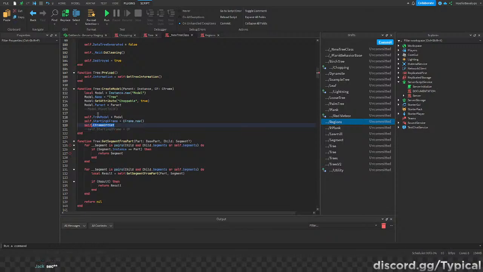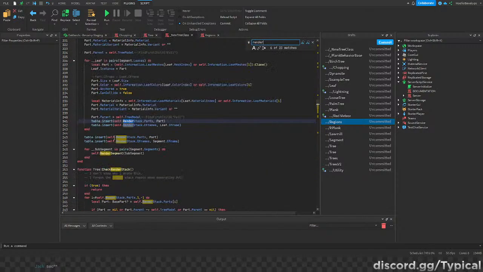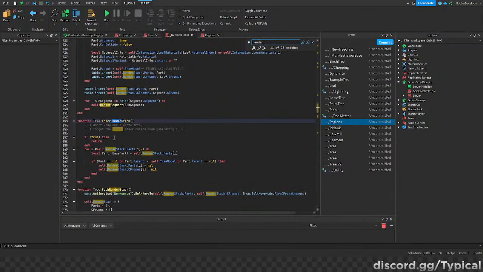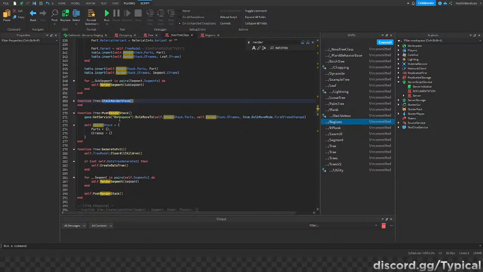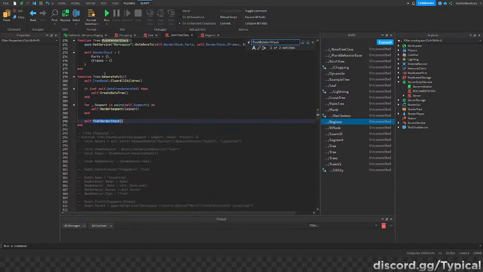No. Yeah. No, model C-frame will be CF. And then when we call render full right here,